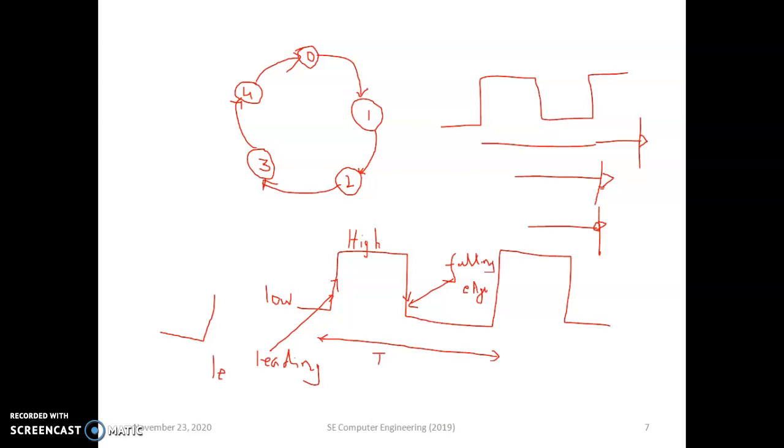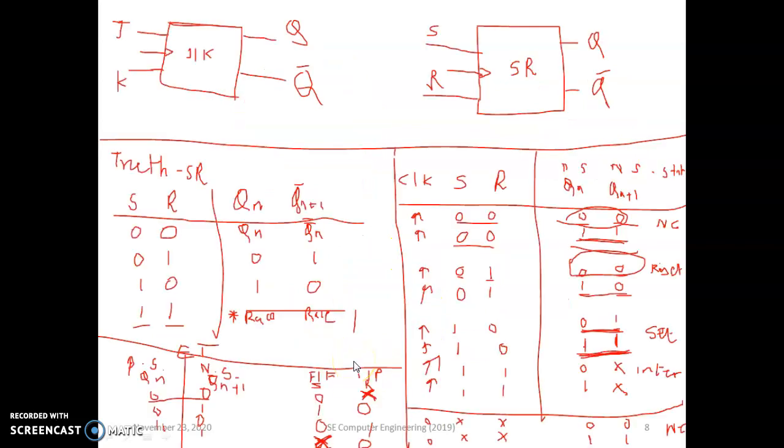This is the example of just a state diagram. So the clock is nothing but the time period required to execute that cycle. This is the symbol of clock. So this active low state and active high state, this will take the complete 1 clock cycle. So at this level it is in active low state, and when it reaches this leading edge, at that time it comes to the active high state. So this is the example of clock.